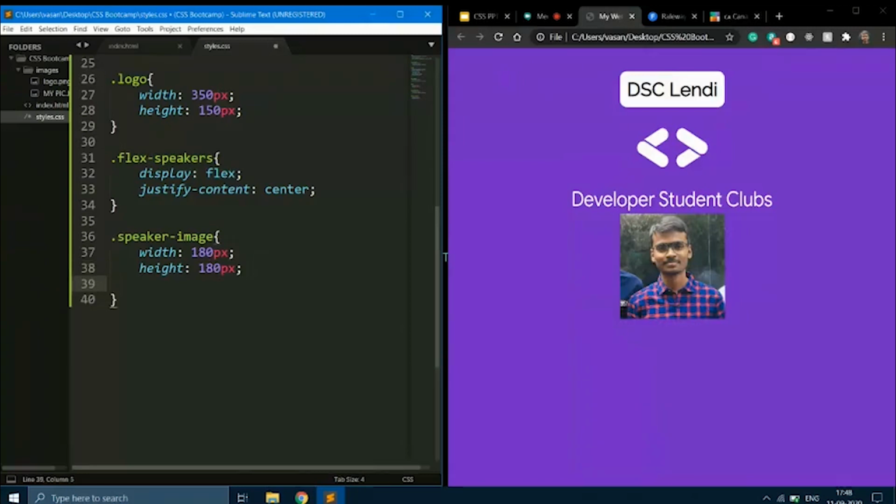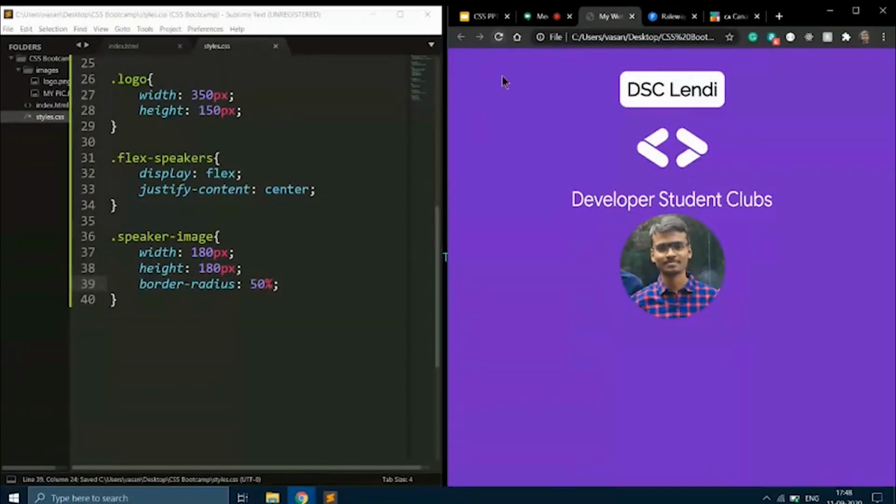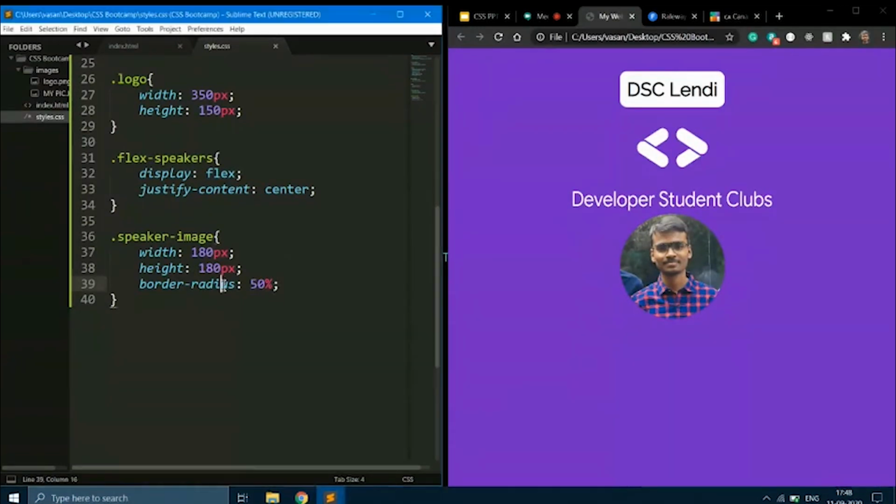Now let's say I want this image to be circular. For that, there is another property called border radius. If we give border radius as 50% and save and run this, we can see our image becomes circular. All this is because of the border radius property.